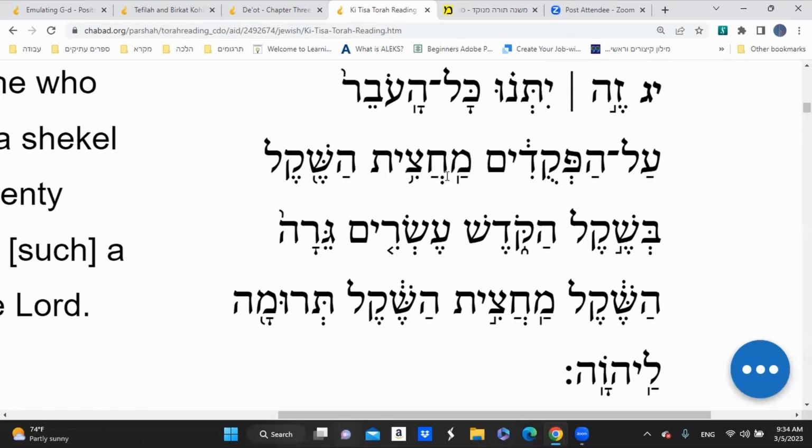As we mentioned earlier, this up and down symbol called a metheg indicates which syllable to accent. It's the opposite of a shva, the two dots on top of each other here. So the metheg says you accent this one, and the two dots on top of each other, what we call a shva,